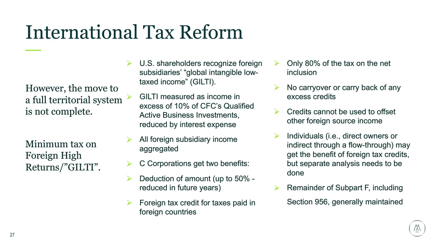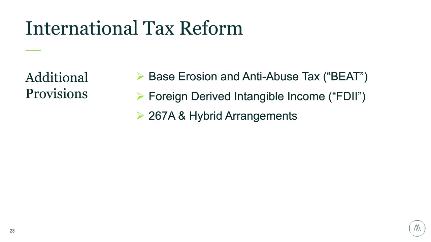So in 2018, this will be an issue that all taxpayers that have foreign subsidiaries are going to have to calculate, and this may result in thinking through tax structures and whether there needs to be any changes made to tax structures to take into account this new full inclusion provision. And finally, there were some other provisions as well that were passed. I'm going to go over them real quickly.